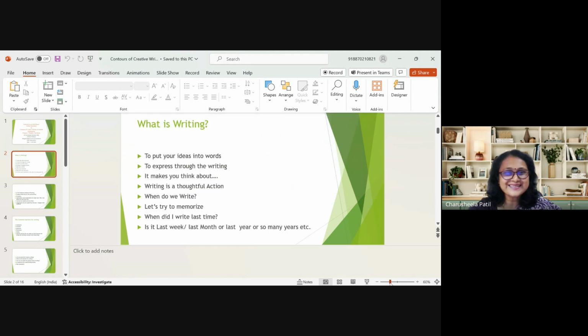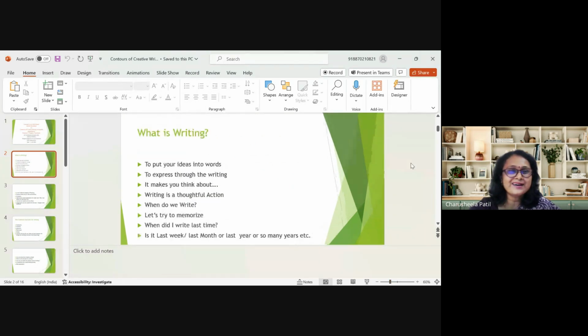Okay. So yeah, the second slide is open in front of you. Okay. Now, can we maximize this slide, sir? The small view is there. So can we have a larger view? Okay. So as the slide goes, and what we can see here, what is writing? That is, writing is to put your ideas into words. One cannot understand. Yeah, slideshow. Yeah, we need slideshow for that. Sir, can you make it a bigger one, the slideshow?